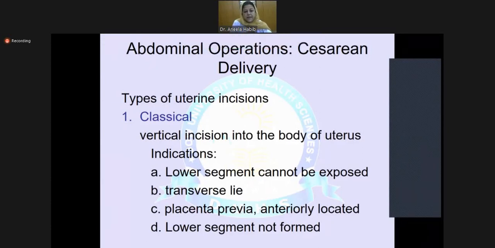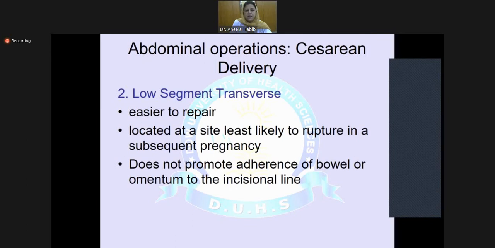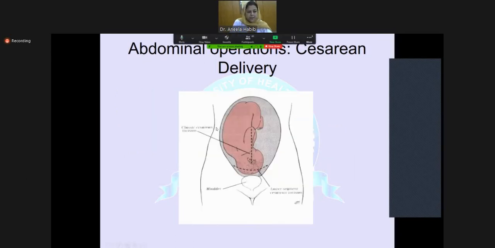Other than that, to save the maternal life, sometimes you need to do CPR and the mother is dying. You need to take the baby out immediately. Then you need to give a classical incision. Lower segment transverse incision is the other option on the uterus. Look at this: this is the longitudinal, this is the uterus. If you are giving a classical incision, that is a longitudinal incision to cut the uterus. And this is the transverse incision in the lower segment, which is a low line. This is good for healing and recovery and everything. But this is